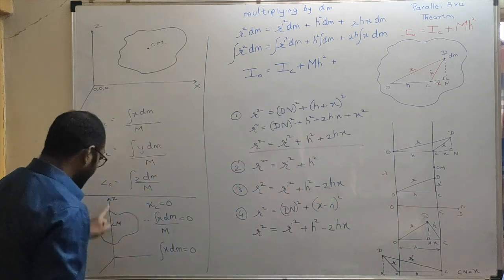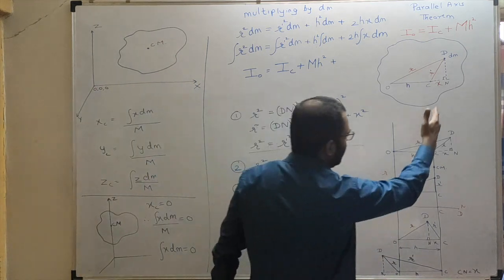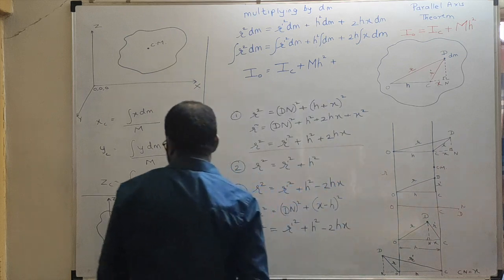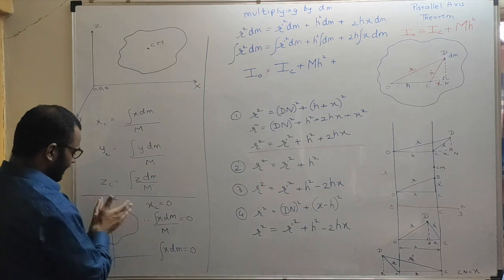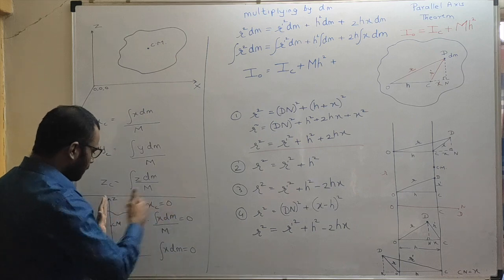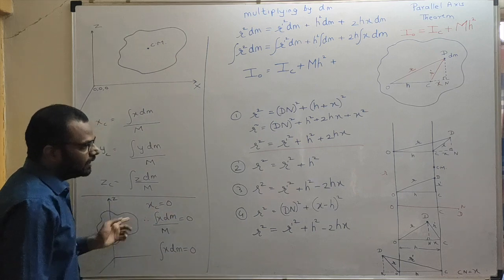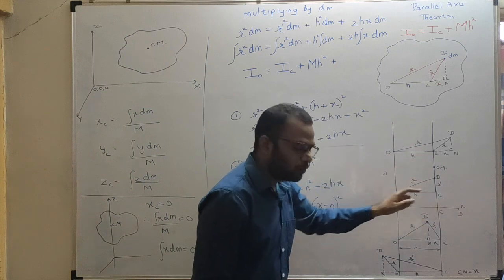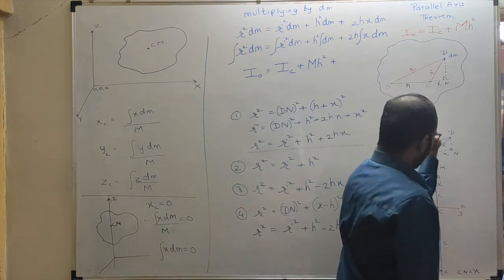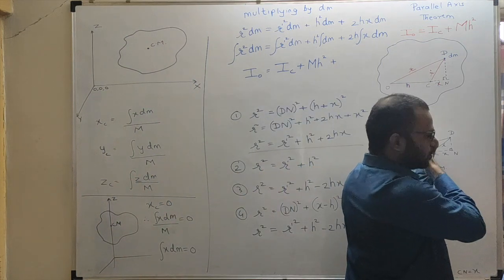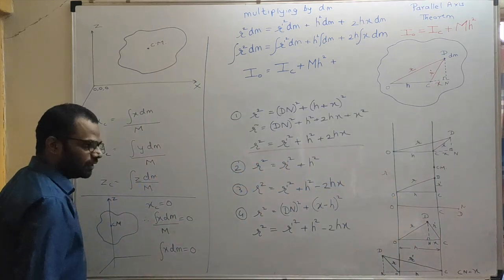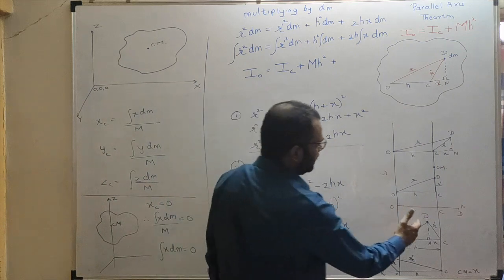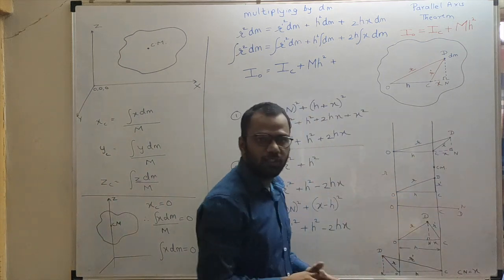So this was our z-axis. This is nothing but our z-axis. And x is what? X is the distance measured from this axis, right? Over here positive and over here negative. In the same way we have done over here, x is the distance measured from this axis. X over here positive, x over here negative. So as over here integration of x dm is equal to 0, even over here integration of x dm should be equal to 0.